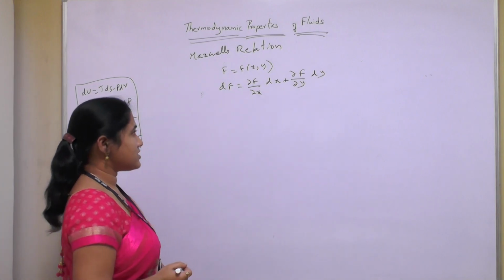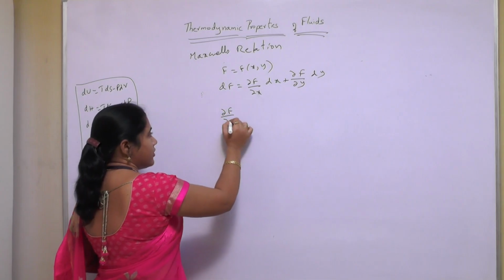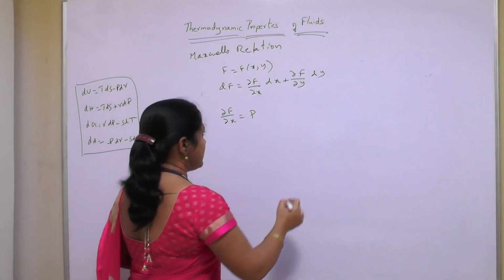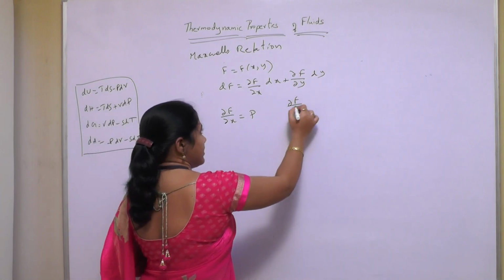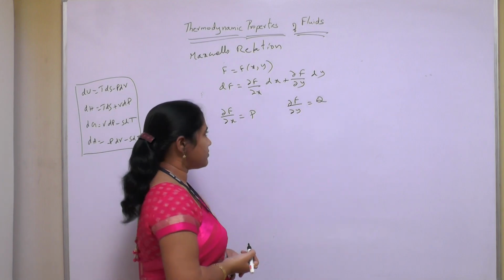So this is a total differential. If you take ∂f/∂x equal to some p and ∂f/∂y equal to some q, then